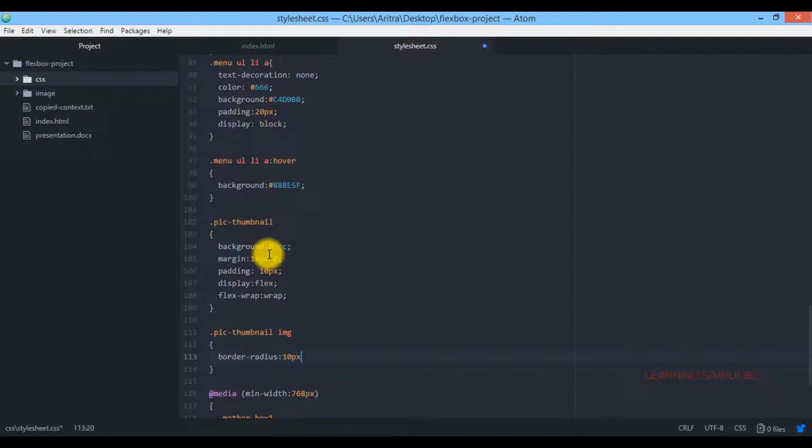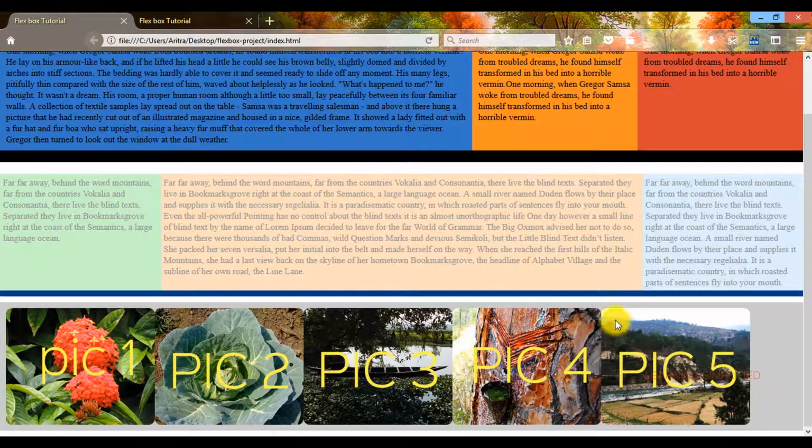I use 10 pixels here. Now just press Ctrl S, get back to your project and reload, and now you can see that here goes your 10 pixels border radius flat.